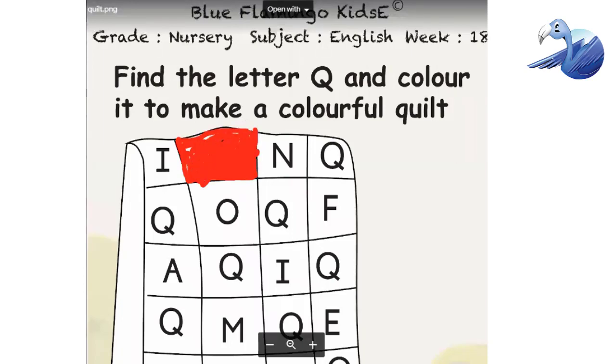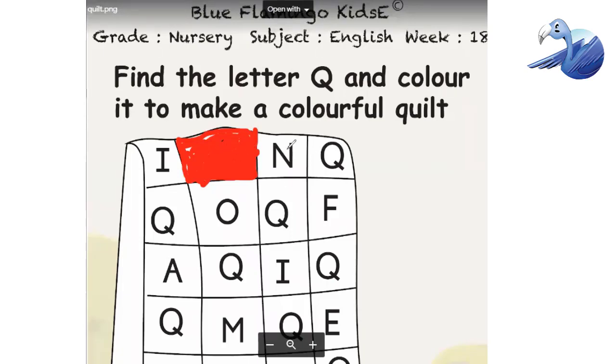So you have to search Q, students, and you have to color it. Okay, so this is Q, students.